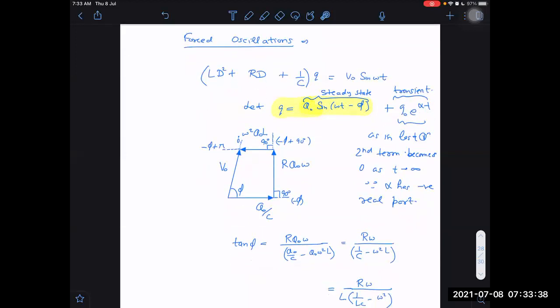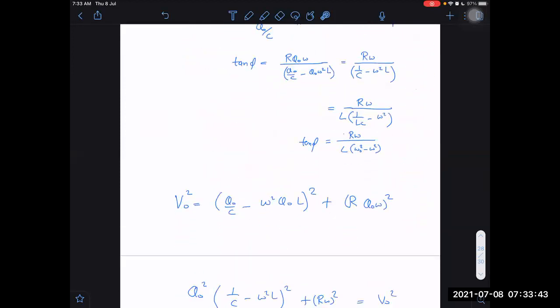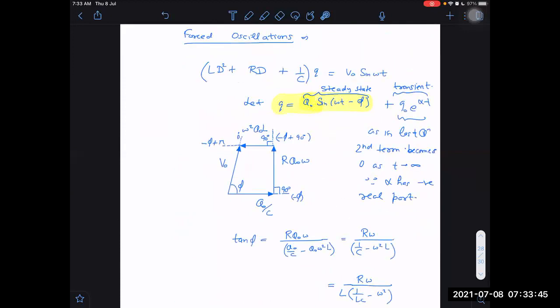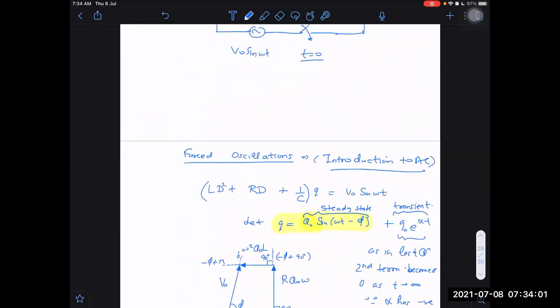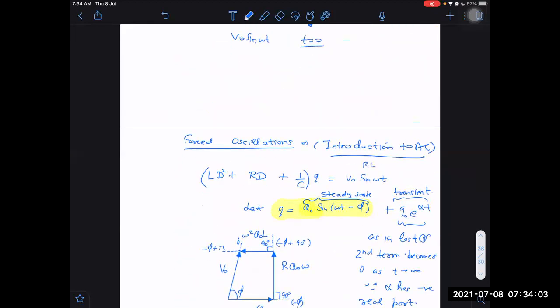Okay. So I hope you have got this idea, and if you are still not understanding, you revise the SHM chapter once. There you will understand. And what I have introduced here is AC. It is nothing but an introduction to AC, the series RLC circuit.